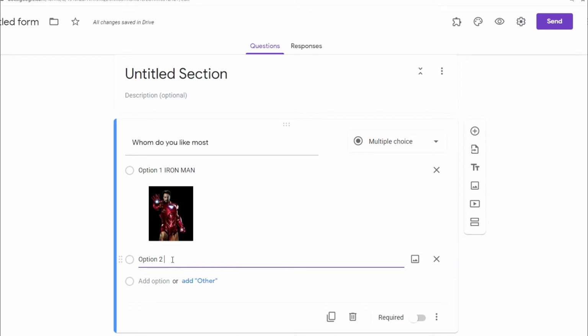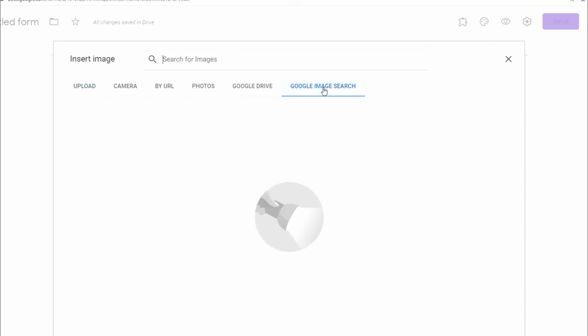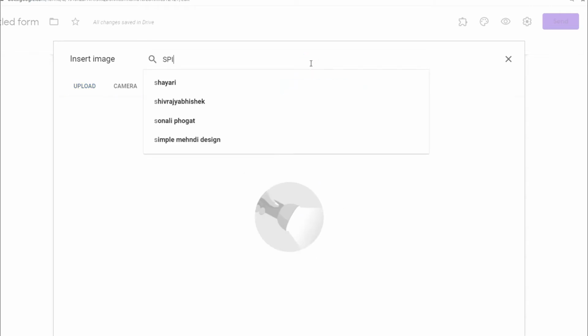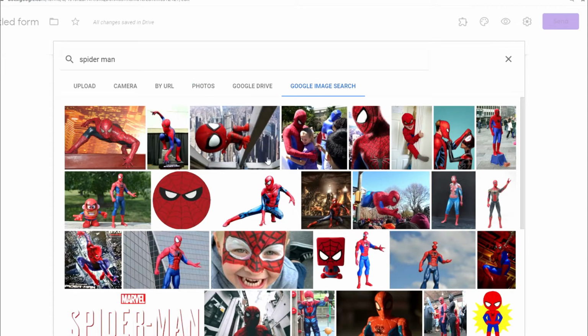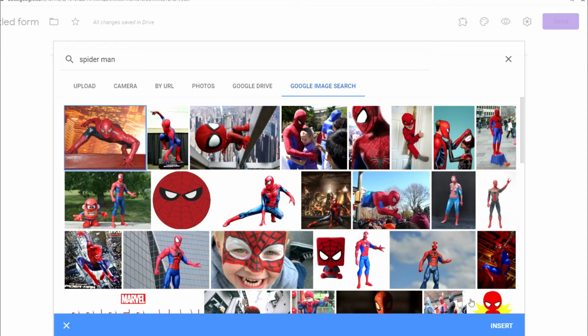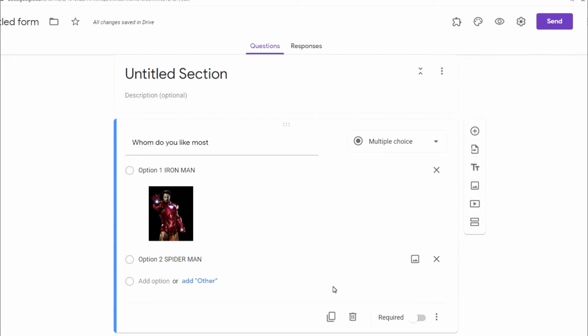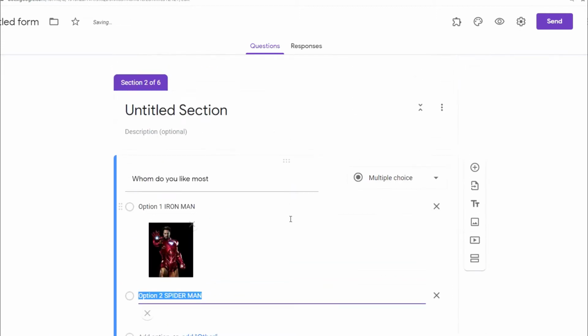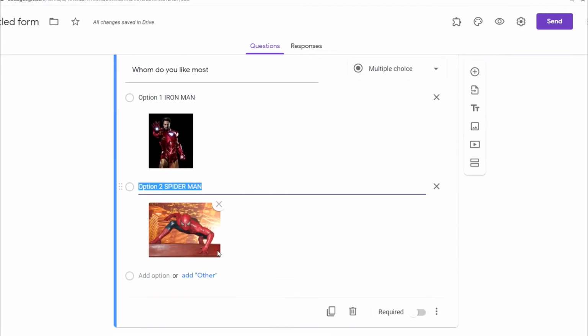In the same way, select option 2 also, Spider-Man. Come to this add image, go to Google image search and type Spider-Man. Select one Spider-Man image, insert. So here you can see the Spider-Man image is uploaded into the Google form question paper.